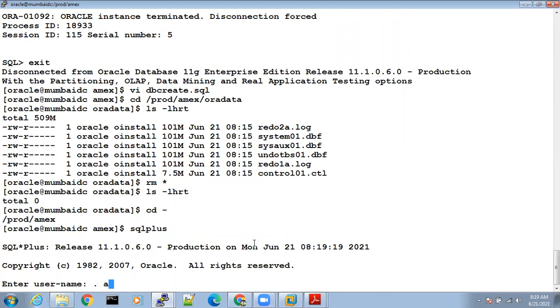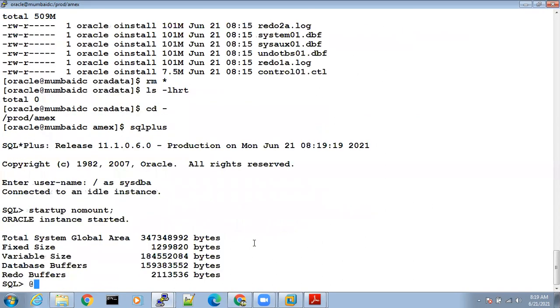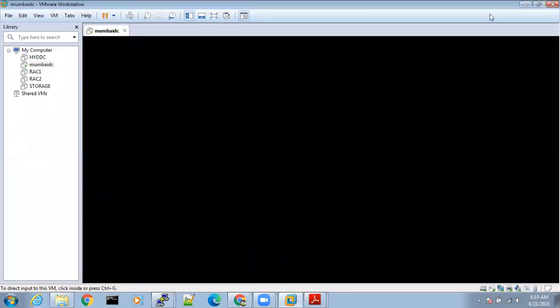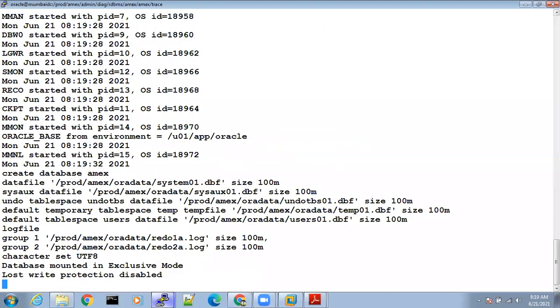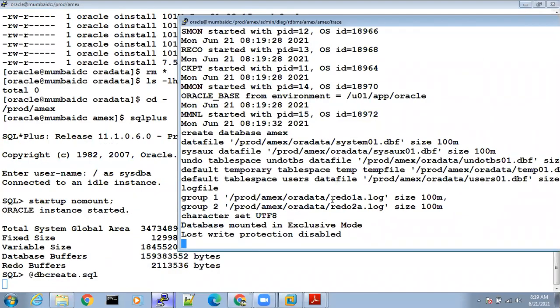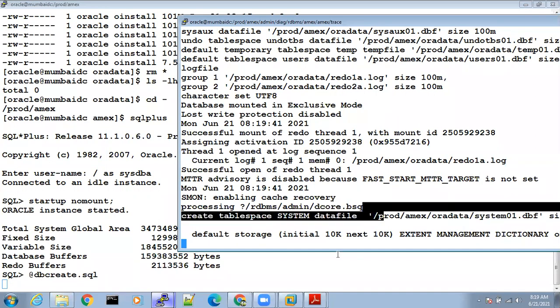SQL Plus / as sysdba. Do startup nomount again. Startup nomount. Do @dbcreate.sql. Enter. Now go and monitor here what's happening. Now it will be created. See, the first file is getting created.